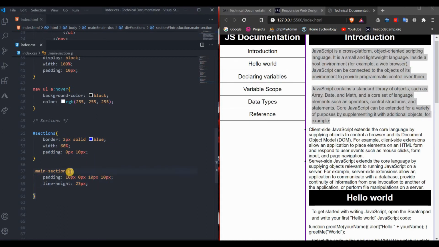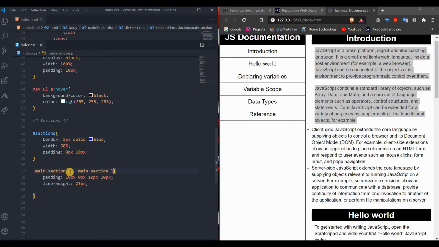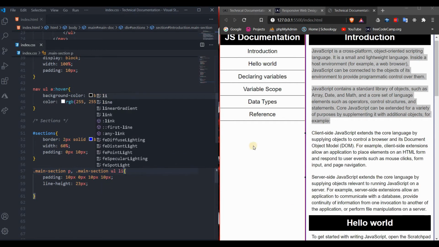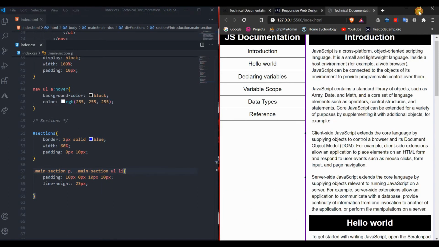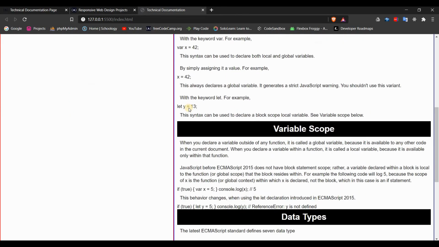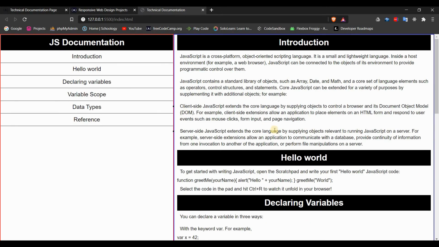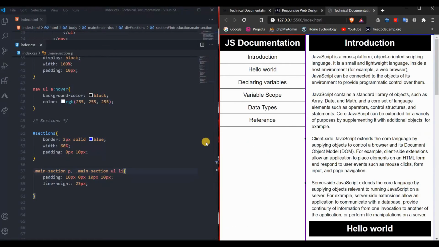paragraphs. So what I'm gonna do, I'm gonna say the same thing for the dot main section li tags. I'm gonna say ul li, and I get the exact same styling. But this is a problem. Actually, what I will do instead, I'm gonna copy this,